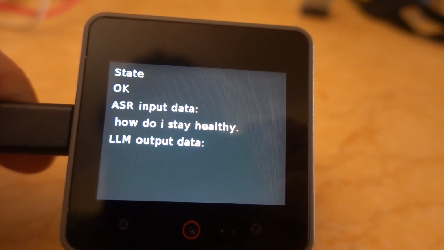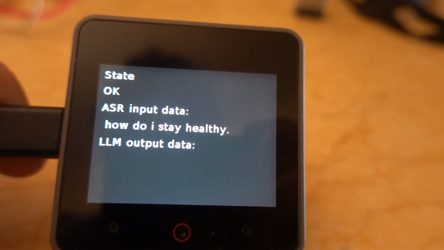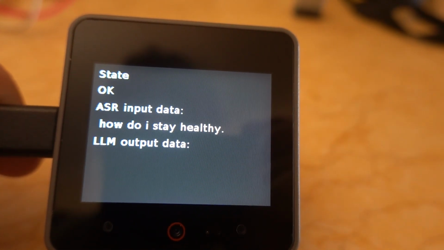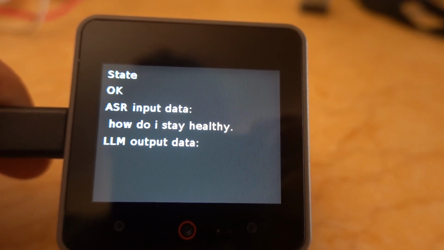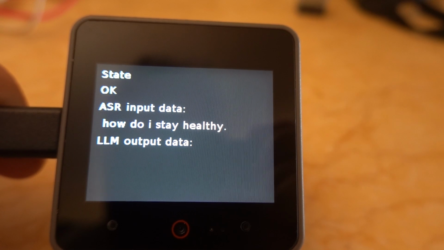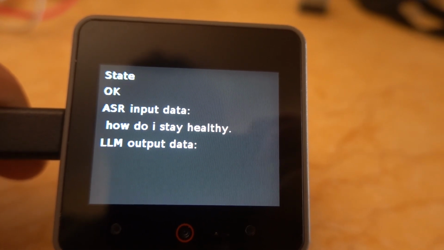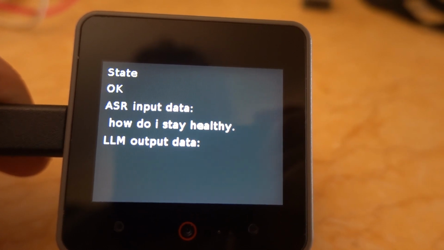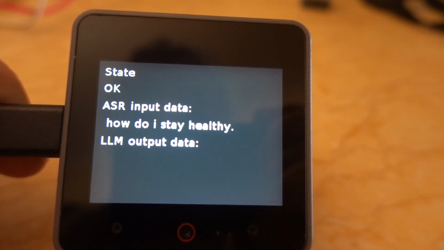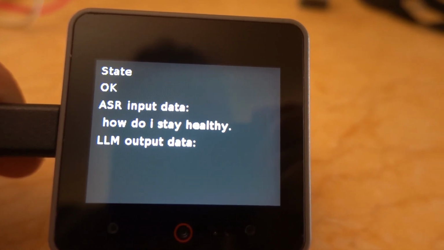Focus on eating a variety of fruits, vegetables, whole grains, lean proteins, and healthy fats. Avoid processed foods, sugary drinks, and excessive intake of saturated and trans fats. Get enough sleep. Sleep is crucial for physical and mental health. Aim for